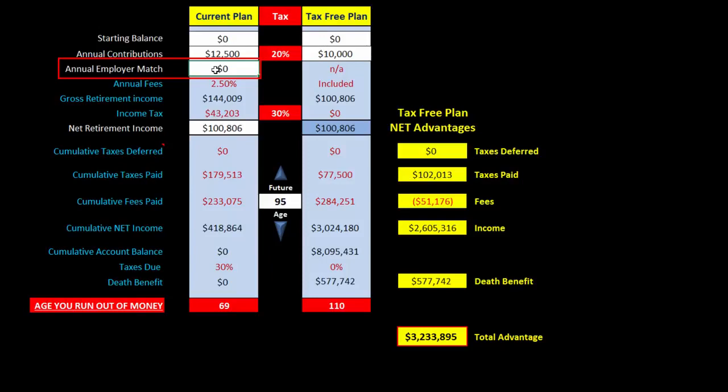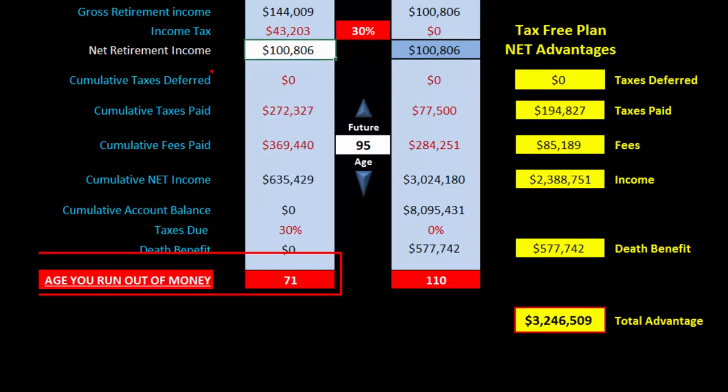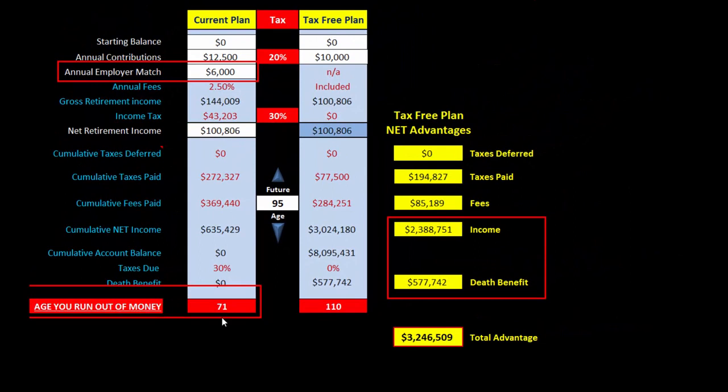Let's put in $6,000. I'll move my mouse over there and I'm going to hit enter. How many additional years do you think $6,000 over 30 years will make a difference? Well, let's take a look. With that additional $6,000 a year over 30 years, it only gave them a few additional years. Now they run out of money at age 71. And even with that additional $6,000, the Index Life program has still provided over $2.3 million of additional income and a death benefit of over